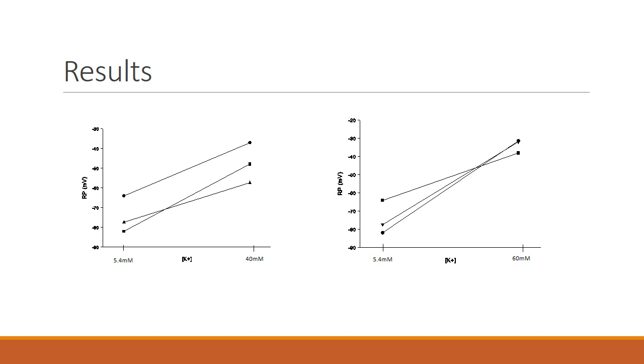It's noted that a more dramatic increase in RP was observed when a 60 millimolar potassium concentration solution was bathed on the preparation. So this is an exchange from 5.4 millimolar potassium to 60 millimolar potassium. The RP upon exchange from 5.4 to 60 increased from about minus 43 millivolts to minus 31 millivolts for our group. So a dramatic increase in RP was observed after increasing the concentration of potassium to 60 millimolar.